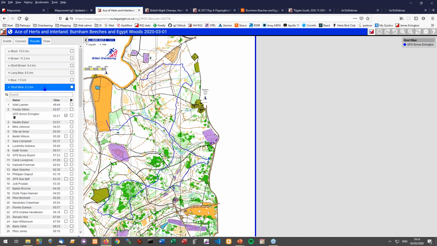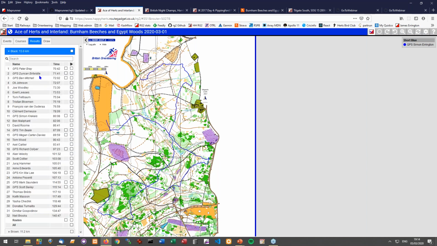So on the results page, most people should be fairly familiar with this. We can see everybody's course. We can use it to bring up routes and whatever. We'll see that in more detail later when we look at some of the replay functionality. But essentially, it's one of those where you shouldn't be able to break anything, so just click all over the place and see what happens when you're getting used to it.